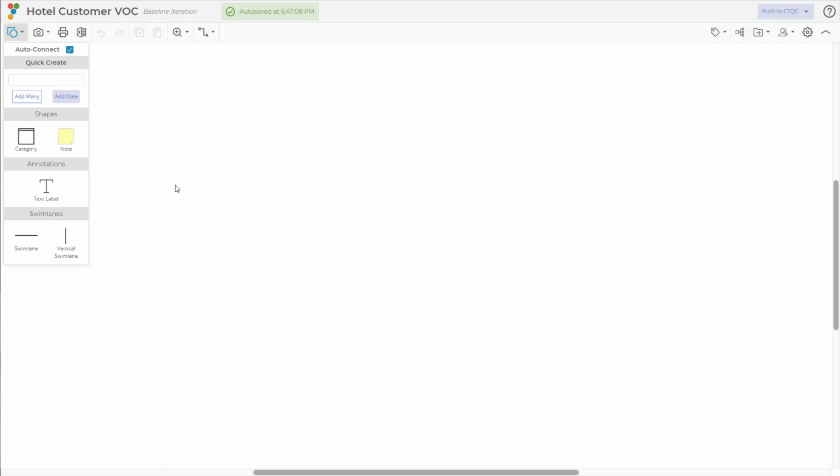To get going, we need to start adding our notes. There are 3 different ways that you can add these notes. The first way is to use the Quick Create feature on the top left. Type your idea into the text box and press Enter. Or type your idea into the text box and click on the Add Note button. The second way is to click and drag the note shape from the left and then type your idea directly